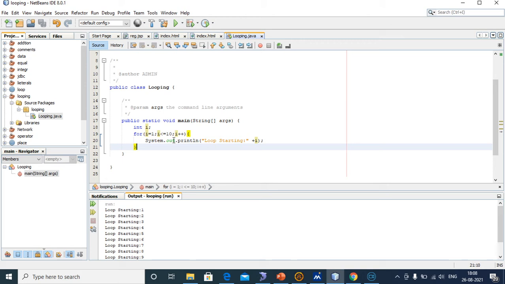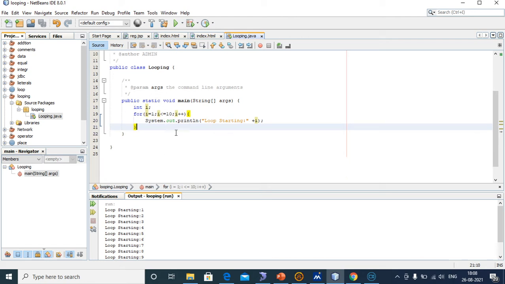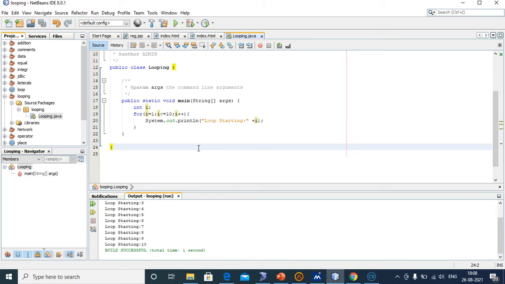If it is true, after it comes to i plus plus, so it will print 2. The condition will be repeated again and again until the condition is false. Here I gave i less than or equal to 10, so it will print loop starting until the 10th value. This is the for loop condition.